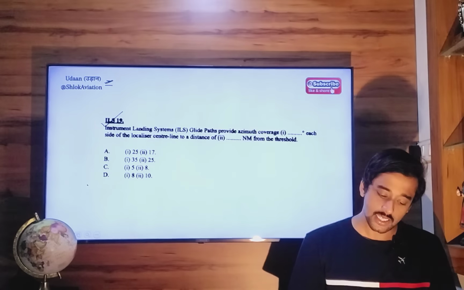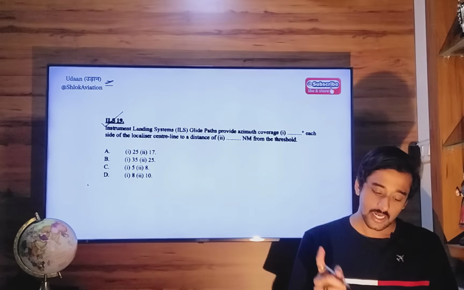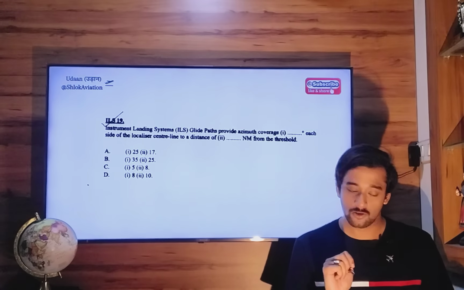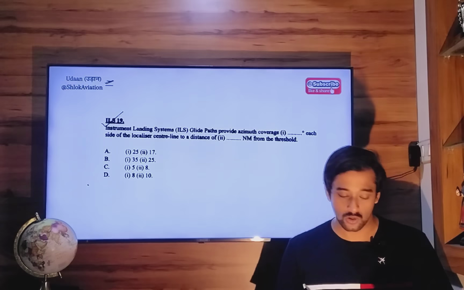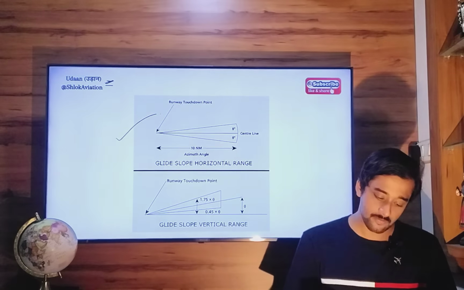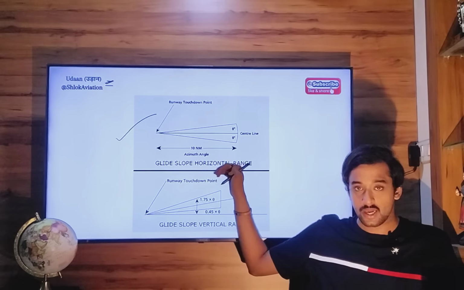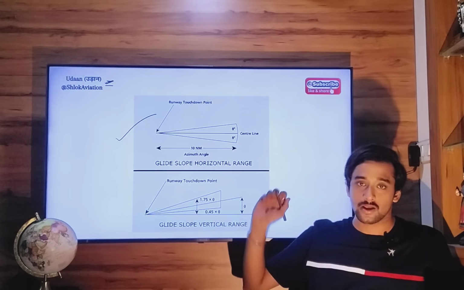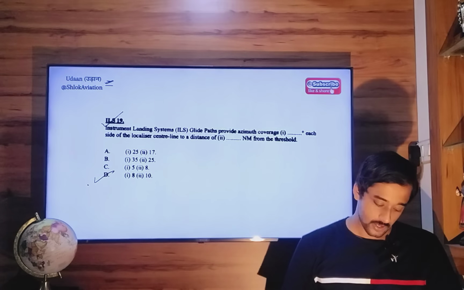Next, ILS glide paths provide azimuth coverage, meaning horizontal coverage, dash degrees each side of the center line of the runway to a distance of dash miles away from the threshold. So remember this diagram. It will provide guidance 8 degrees either side of the runway, 10 miles away from the runway. So the correct answer is option Delta. Okay. Next,